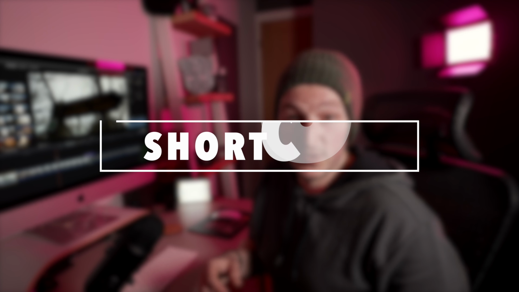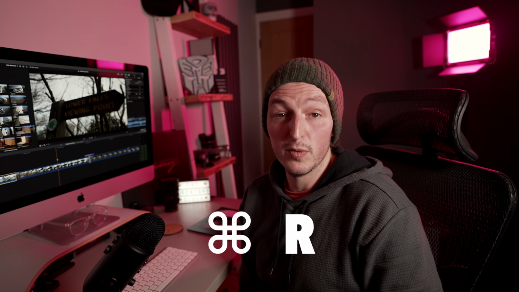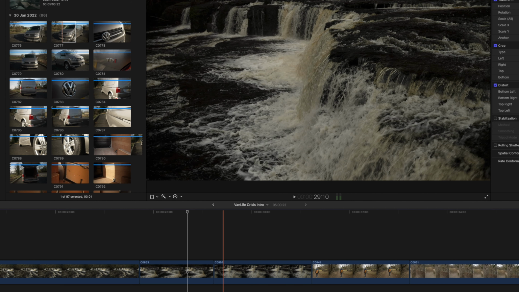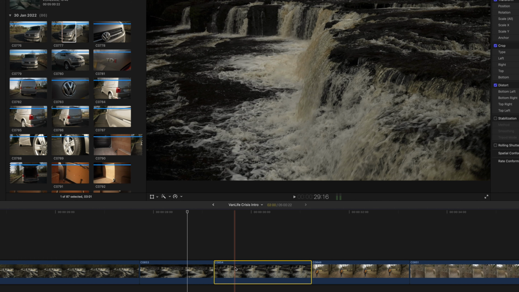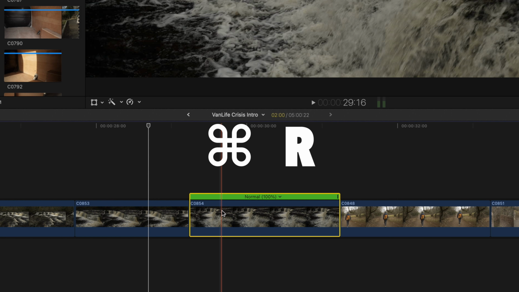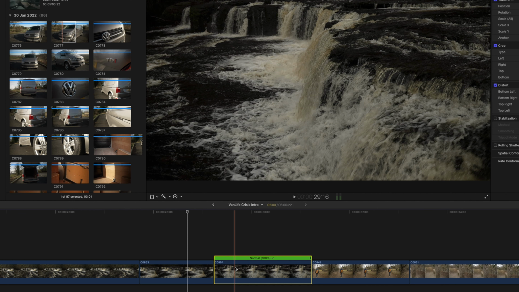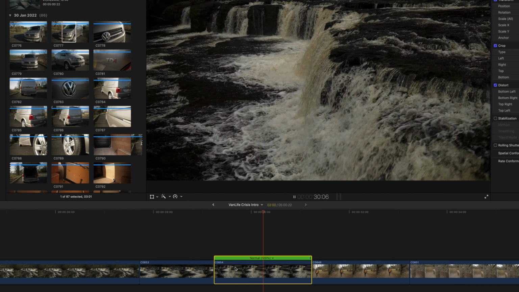Now, I use this quite a lot. It's like one of my favorite features in Final Cut. And this is Command and R, which will open up the retime editor on the selected clip. Now let me demonstrate. Now if we've got this clip here, and we were to select it and press Command and R, what it does is it shows you above what speed the clip is playing back at. And as you can see, it's playing back at a normal speed, 100%,